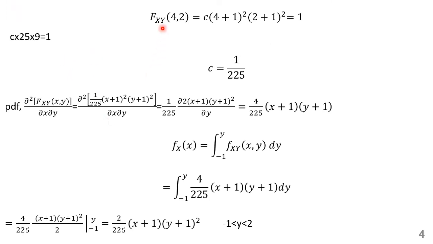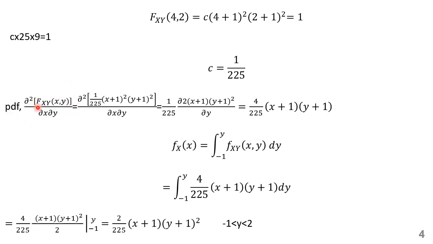Given CDF Fxy, let us put the two extreme conditions of x and y, that is 4 and 2. So therefore c into x value is 4, (4+1)^2, y value is 2, (2+1)^2, that should be equated to 1. So we get the value c is equal to 1 divided by 225. In order to get the bivariate CDF, let us try to